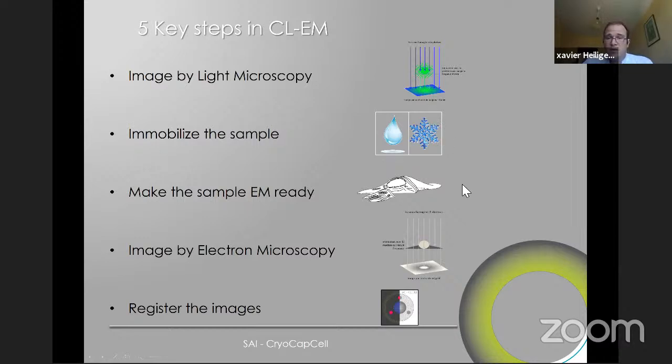And that's what we've seen before in the previous talk with the live cell imaging and fixatives, or in the cryo light microscopy where we did the fluorescence after the freezing. Or you can also have the fluorescence after the sectioning, which is preparing the sample and making it EM ready, which is also something you've heard from Claudio before. So as you can see already, the light microscopy that I draw here can happen here, here, and most likely not after the electron microscopy that tends to kill the fluorescence.